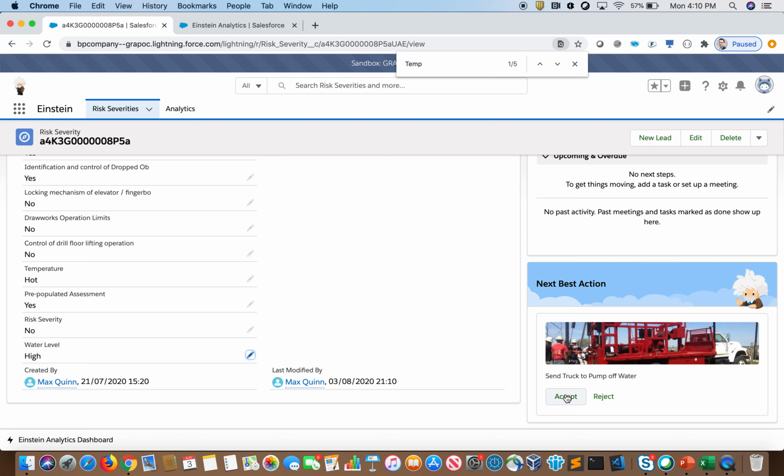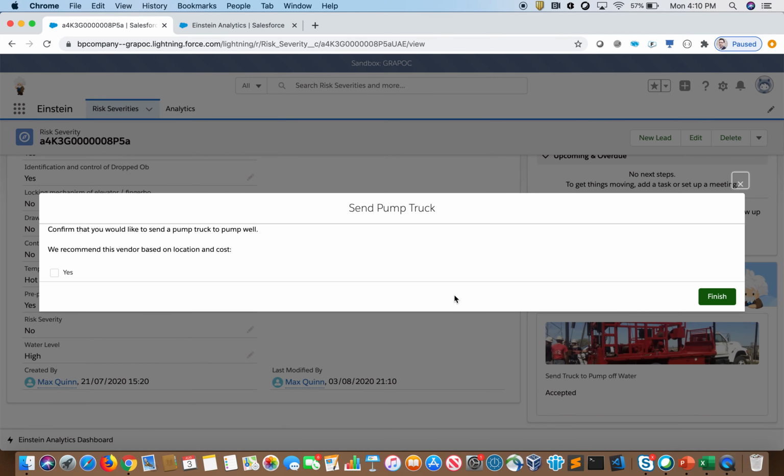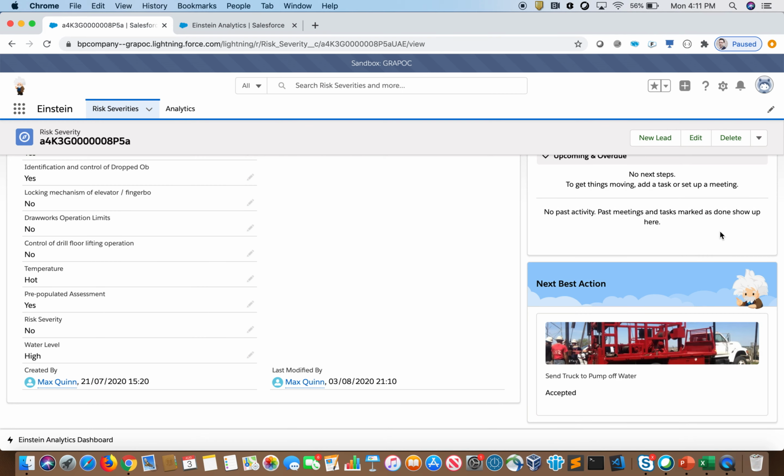we see that we can accept this recommendation. So if I click accept, I accepted the recommendation, which auto launches a flow that can then be executed. So this can involve any number of actions that we might want to take. In this case, it's sending a pump truck to pump the well. And we can even integrate with other systems to recommend things like vendors that might be best depending on the location and the cost. So I can click yes, and this will auto-generate a workflow that we define to take